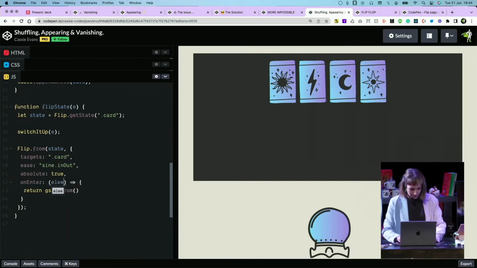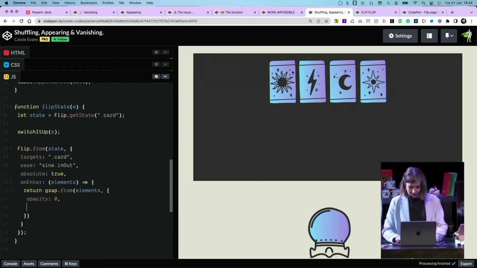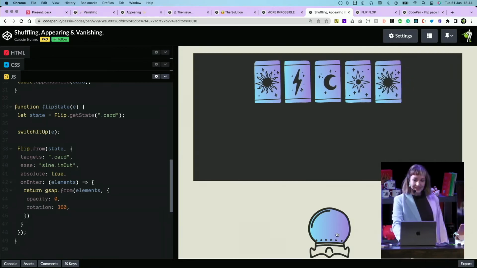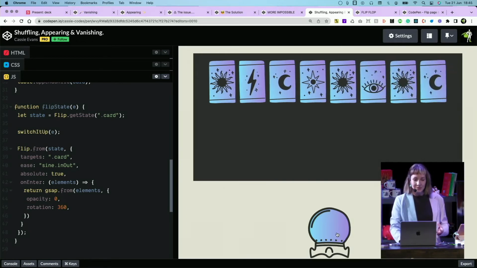That's what we need to do. And we're going to animate it in from opacity. Oh gosh, typing is hard. And we'll do a little rotation too. We'll do a little spin. Is it gonna work? Hooray!